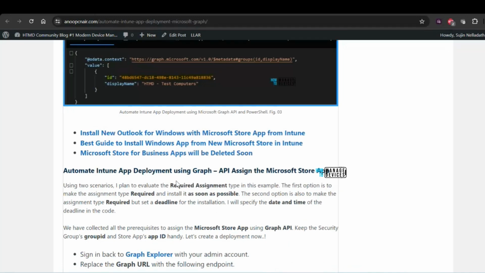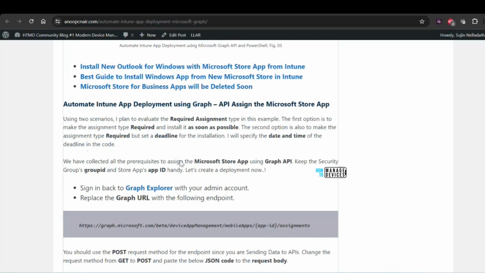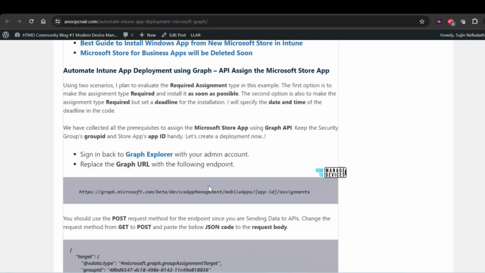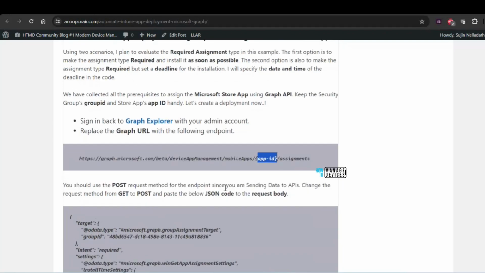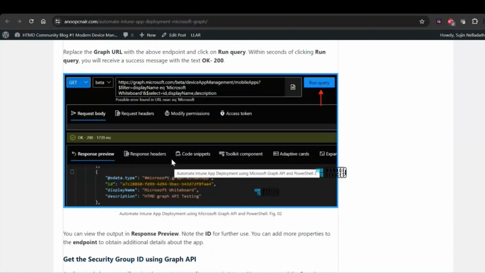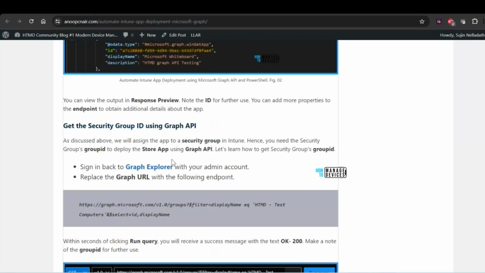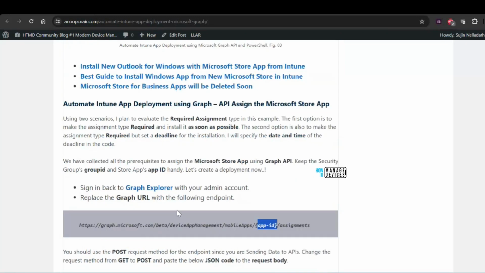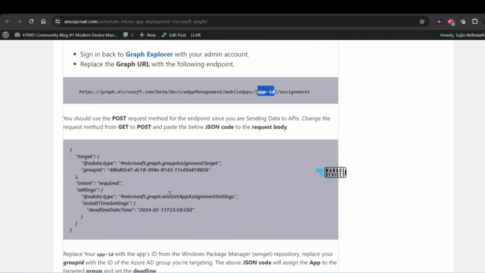Once you get the app ID and the group ID, you're good to go to automate your app deployment. So this is the URL which you will use to automate the app deployment. Here you will put your app ID, and like I said, it's going to be a POST call, not a GET call. The endpoint we discussed already, which you used to get the app ID and the security group ID, was a GET method, because you were collecting some information. Here, when it comes to the deployment, you are making some changes, so you would go with the POST method. You have to put the app ID over here. And obviously, when it comes to the POST method, if you recall my statement, you need something in the